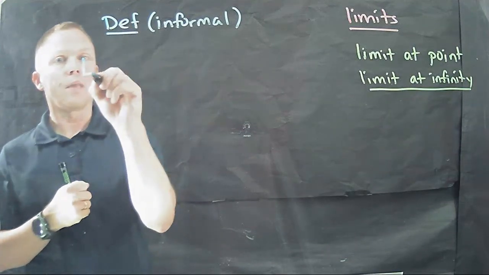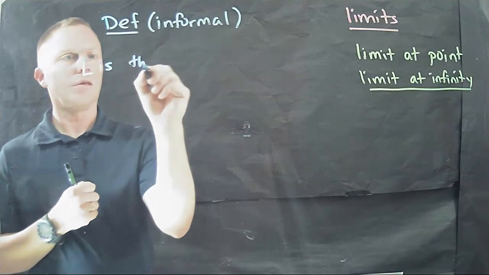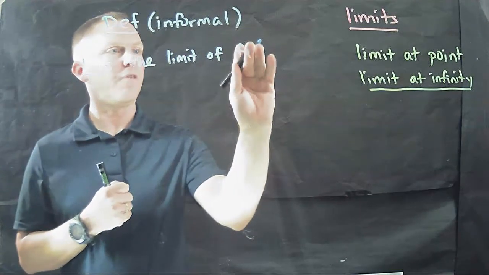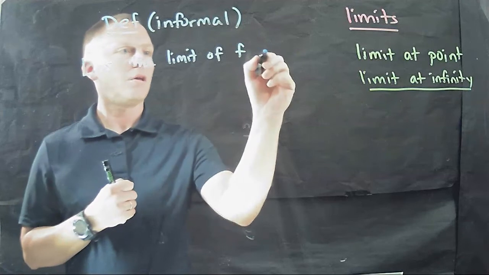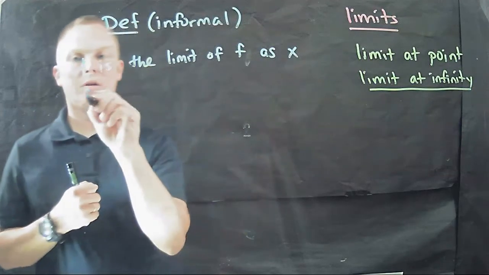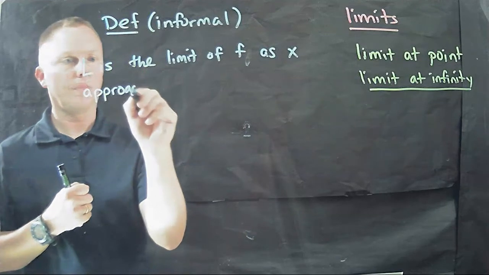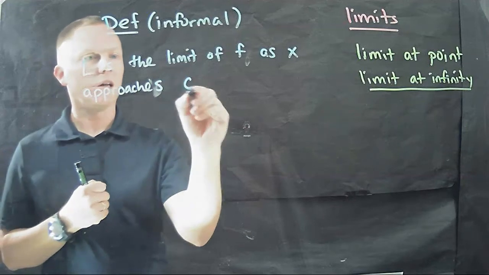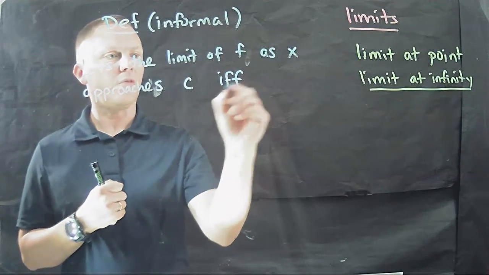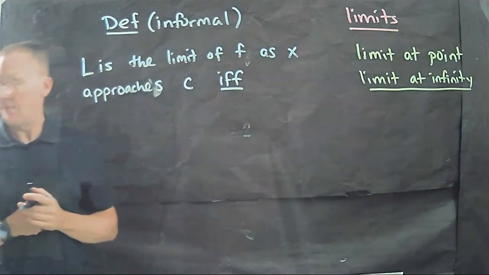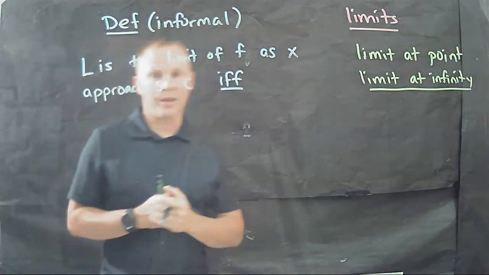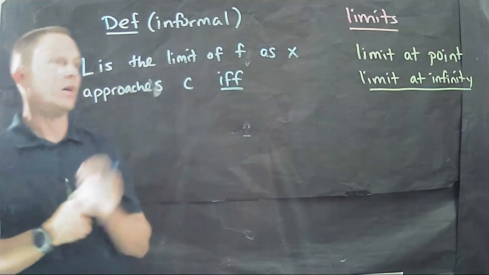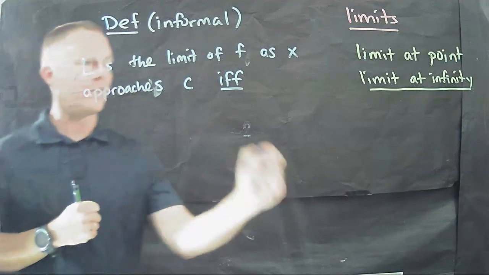So L is the limit of a function f as x approaches c, if and only if. By the way, that IFF means if and only if. That's our abbreviation for that. L is the limit of f as x approaches c, if and only if